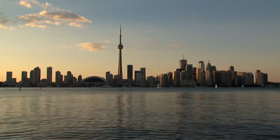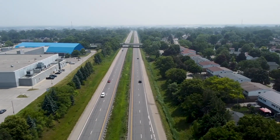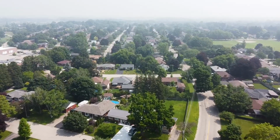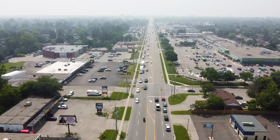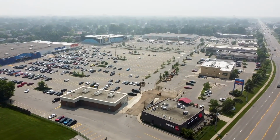And it's one of the most desirable locations for those commuters that are looking to head out east or west. As if you're looking to head out to Toronto or Hamilton, you have quick and easy access to the 403, and then if you're looking to head out west, you also have the Highway 24 taking you to Kitchener-Waterloo. But also, when you're living in this neighborhood here, you have a lot of different options to choose from. As one, you're going to find many different plazas along Highway 24 to enjoy, including the Brantford Commons Plaza, but